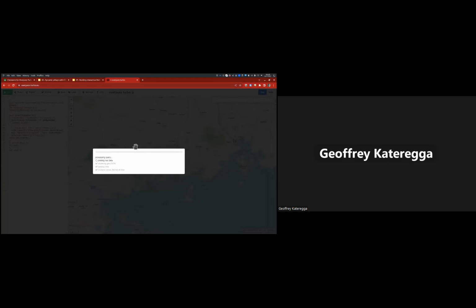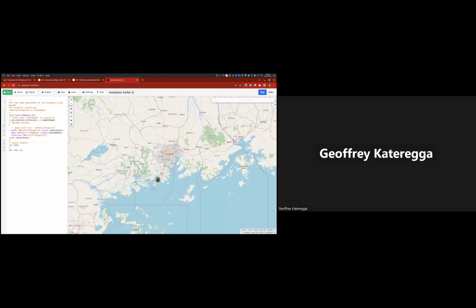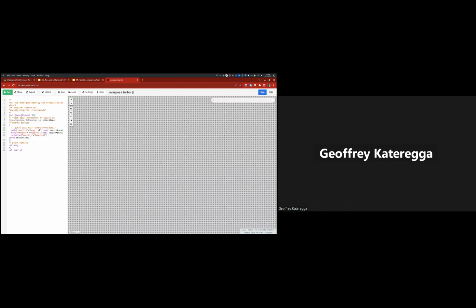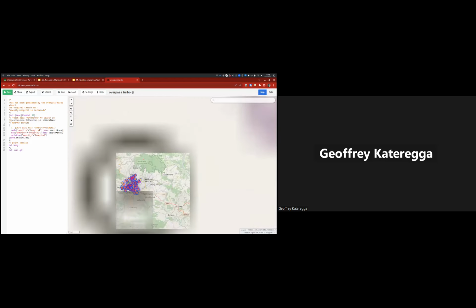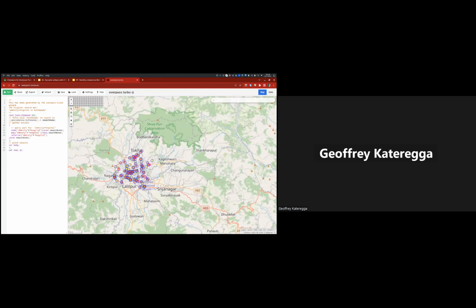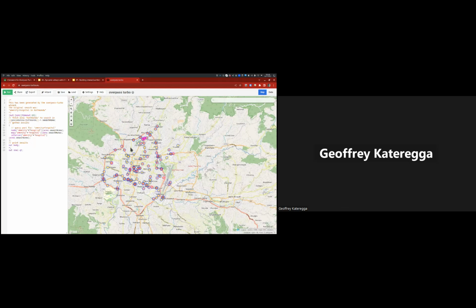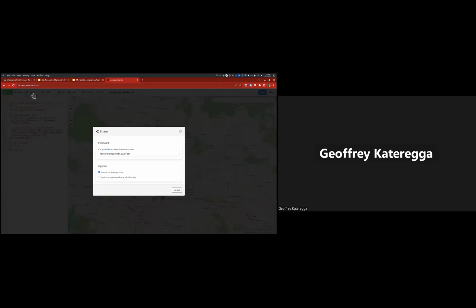So as you can see, I've run the query, but there is nothing here in my map view. Why? Because I'm zoomed into Uganda, and the query is out in Nepal. So as you can see here, I do have my query now. So let us say someone asked you, can you show me all the hospitals in Kathmandu from OpenStreetMap? You can easily run this query, and you may either share with them this link so they can see the same query, but you can also create an interactive map that